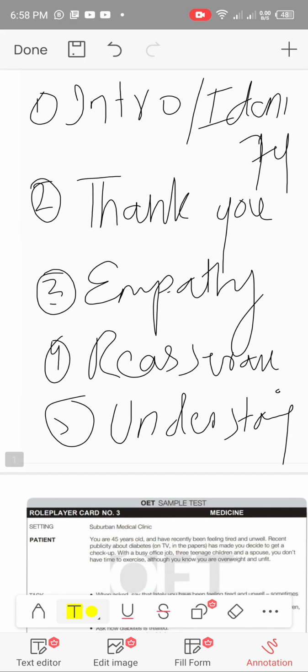So, introduction and identification. You need to identify the patient, and that is different for the different Q cards. Three types of the Q cards I have discussed. Then the next thing I want you to do is to say, thank you for coming today. Okay, and you ask about the concern, and then he's gonna show you some concern, and now what you do